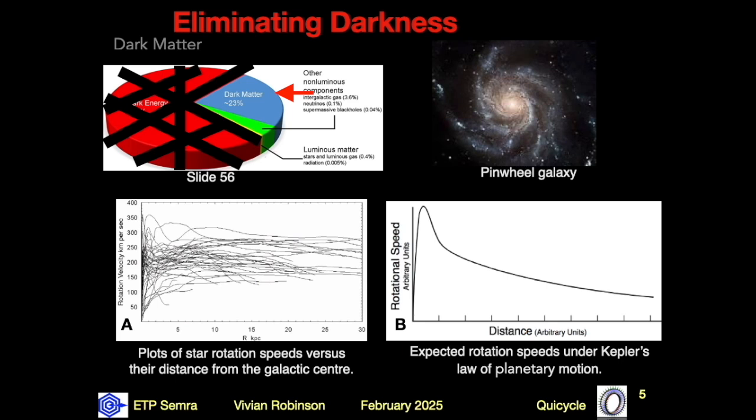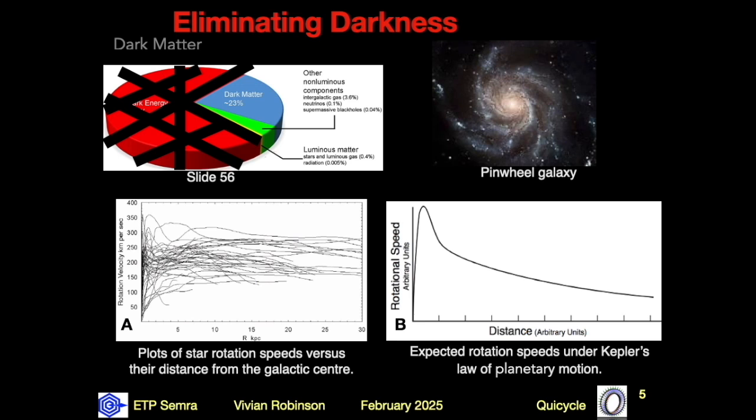It still leaves dark matter. It was predicted from galaxy rotation. The pinwheel galaxy shown is typical of spiral arm galaxies. Galaxies rotate for the same reasons as planets rotate around the Sun. The material from which they were formed did not move radially into the center. Their rotation minimizes gravity collapsing them into their center. Astronomers measured the speed at which different parts of the galaxy rotated. The results are shown plotted in figure A.